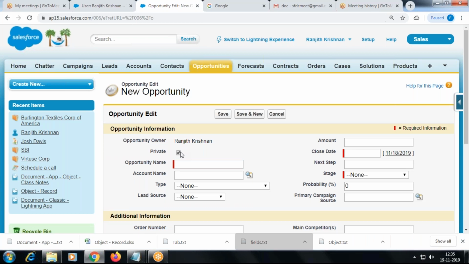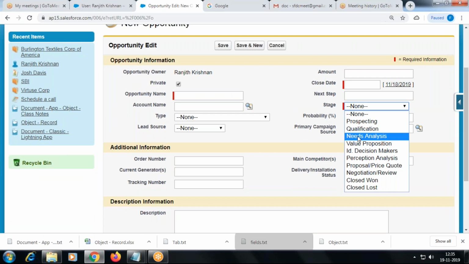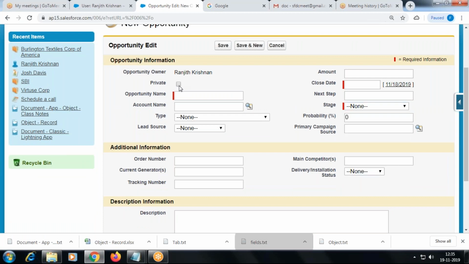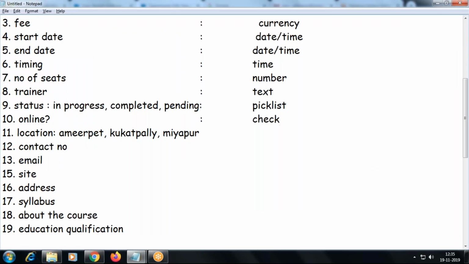If you say yes or no drop down, it becomes a pick list field. If I enable and save it, the field is going to store the value true. If I don't enable and save it, false. That field type is called checkbox.